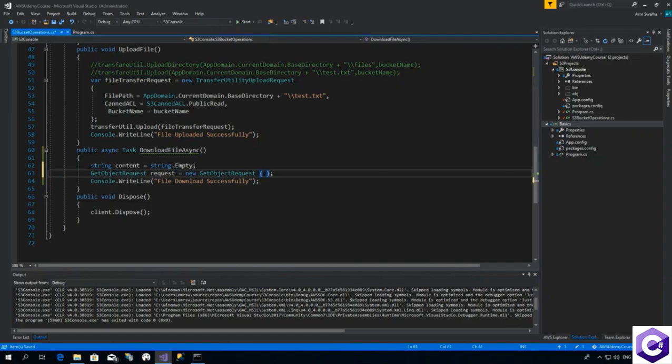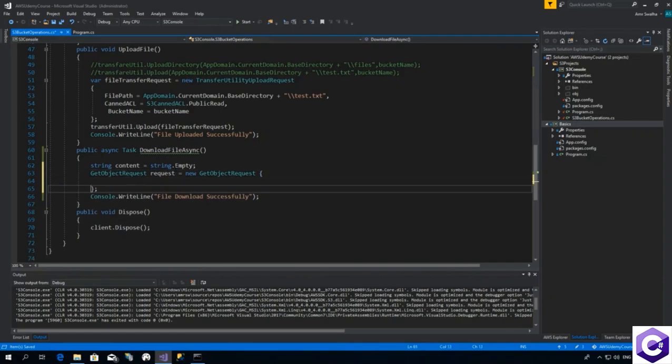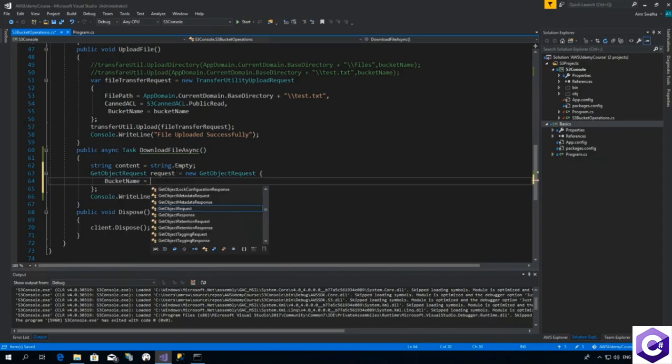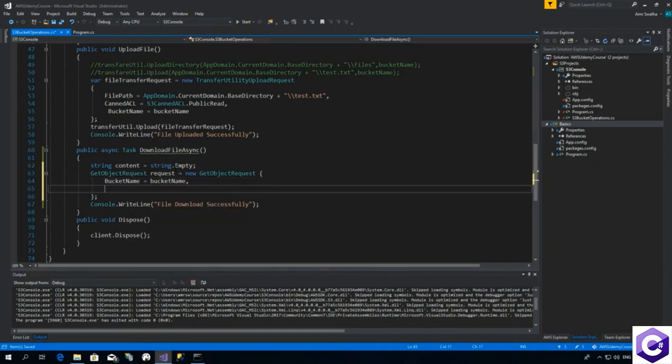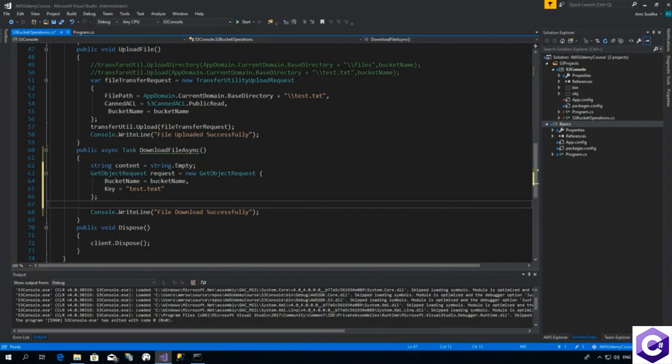So now let's head back. What I need to pass here is the bucket name, and as well I will need to pass the key. The key represents the name of the file. So we have the object request that we need to make a request to get the data from the S3